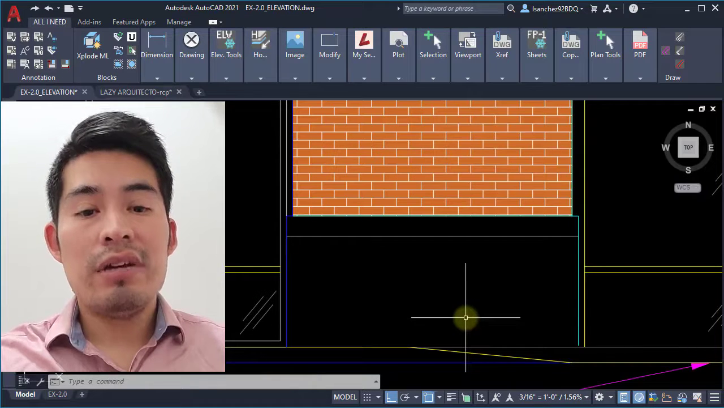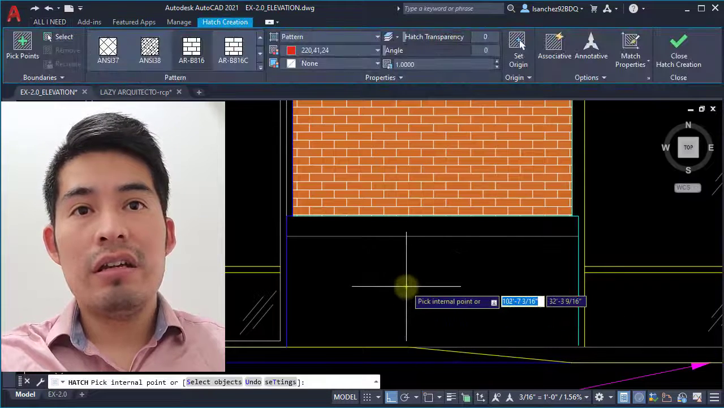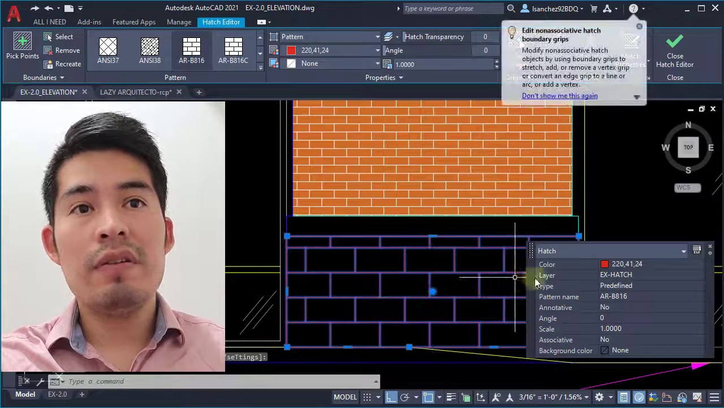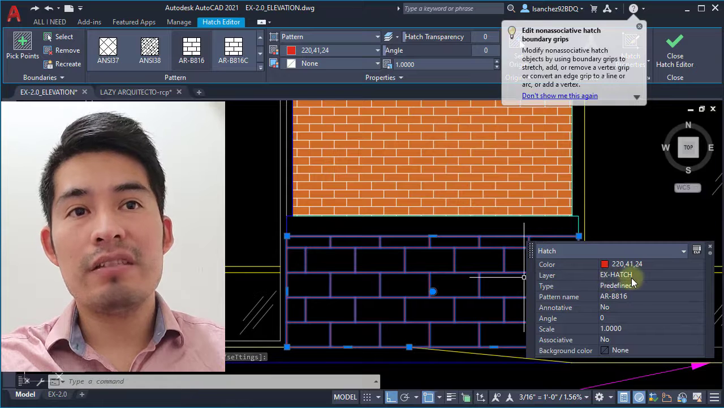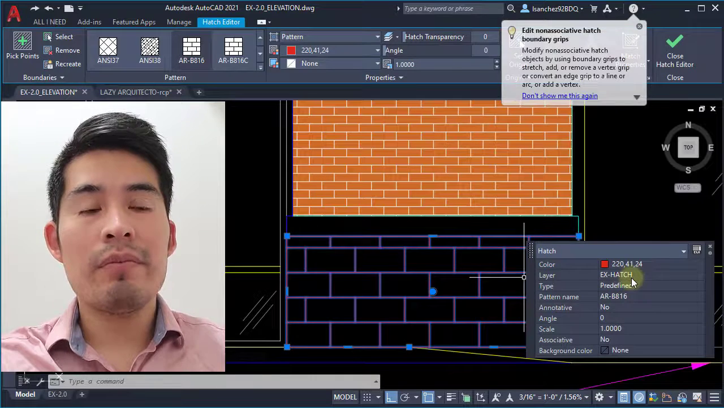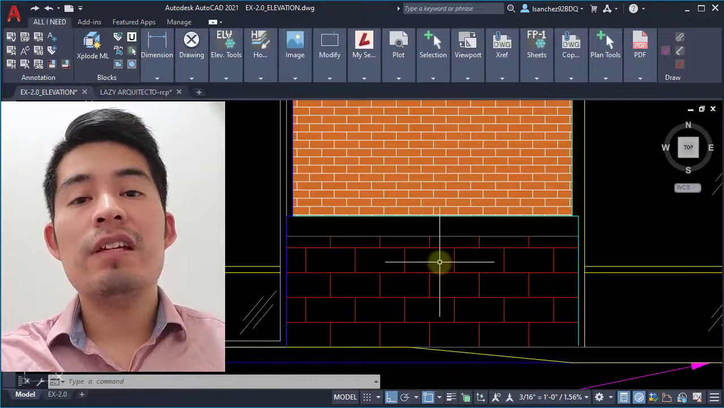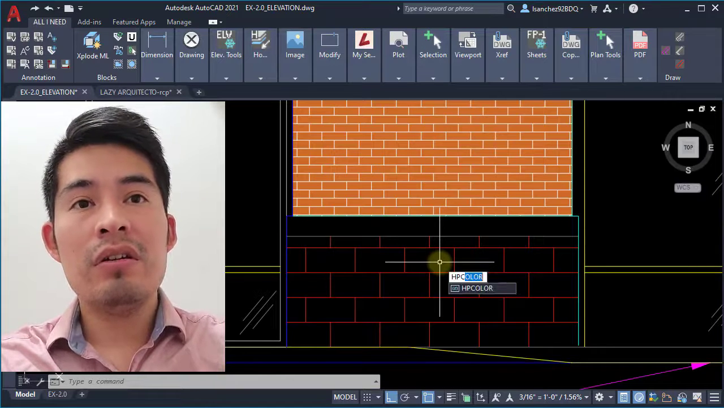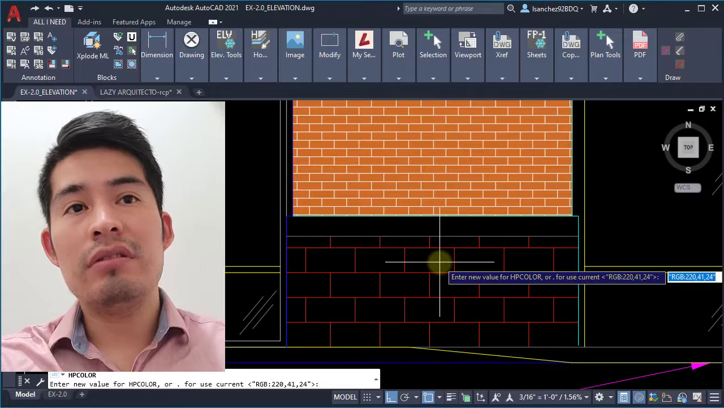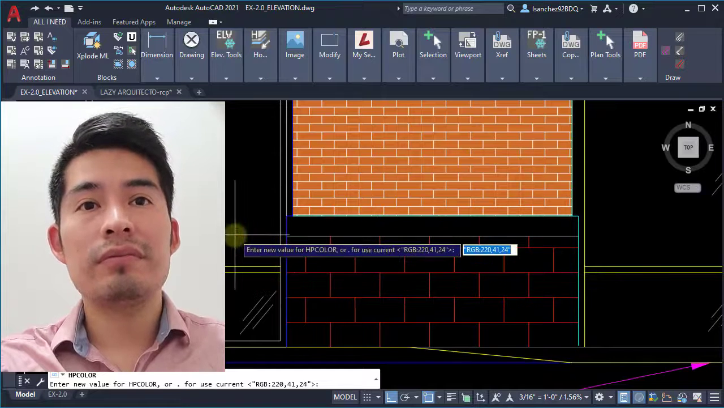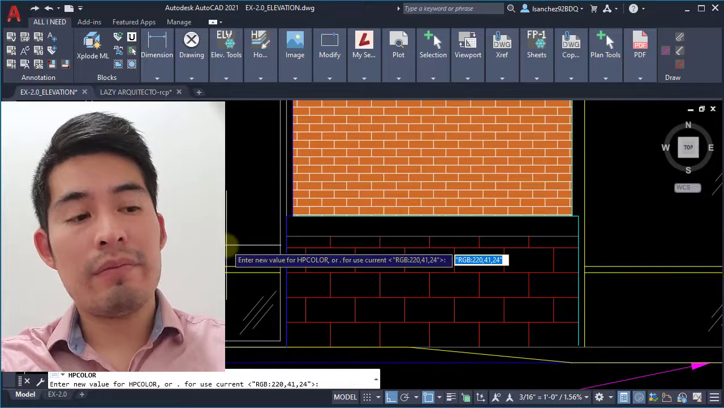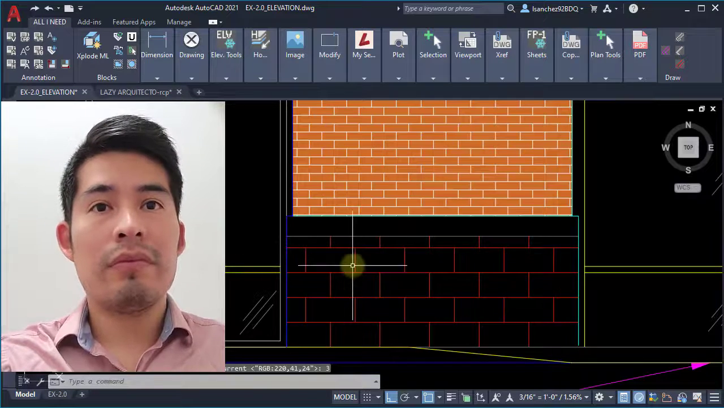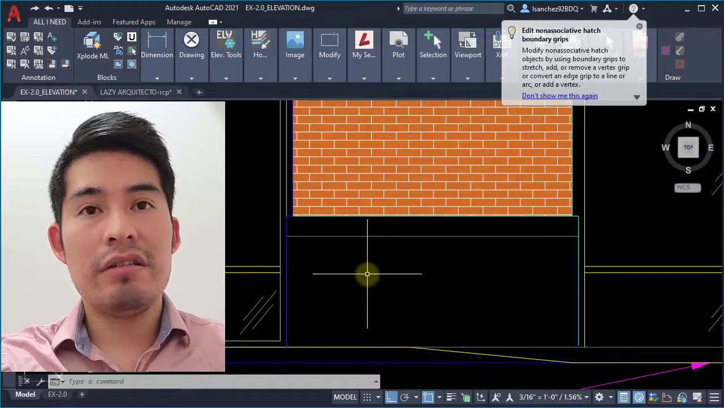And now the next time I hatch something, you can see that it will come on the layer X hatch. In the same way, you can also set up a color for your hatch using the HP color system variable. So if we hatch again,